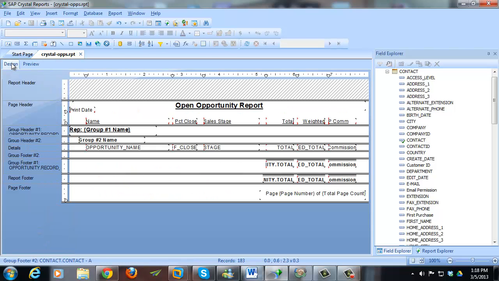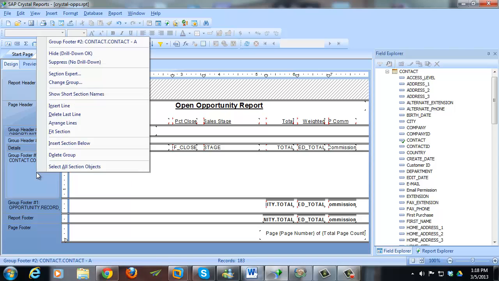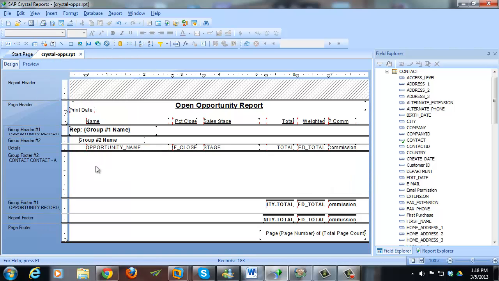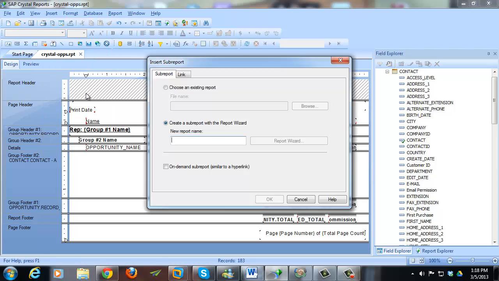So I'm going to go to the design, and then I'm going to give myself some more space in group footer 2. Okay, there's no total there right now or anything, it's just blank space, which if I wasn't going to use, I'd right click and say suppress it and not show it at all. But now I want to put in, let's say, go and insert a sub-report. Okay, so I'm going to call this